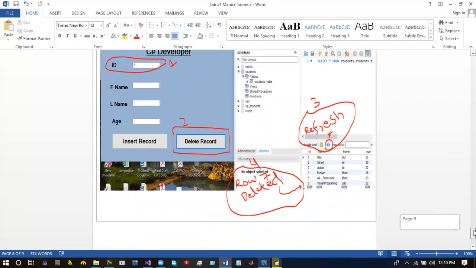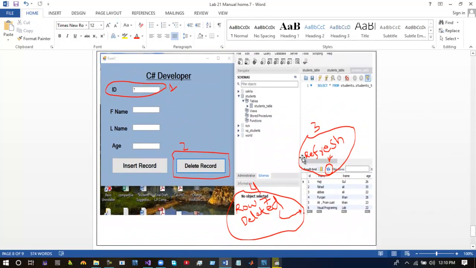I inserted ID number 7 of the user and pressed delete record. Once you perform the operation from your project, you need to refresh the table. I have refreshed the table, and you can see that record number 7 is no longer there.